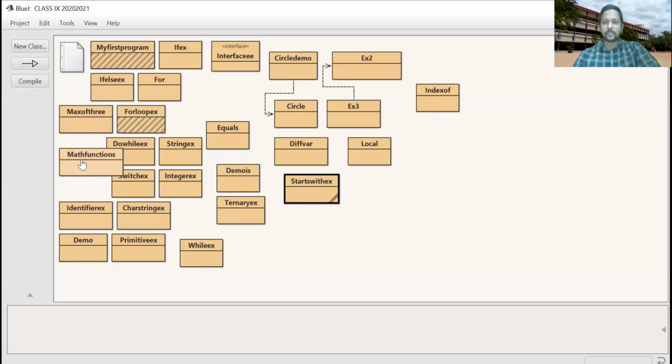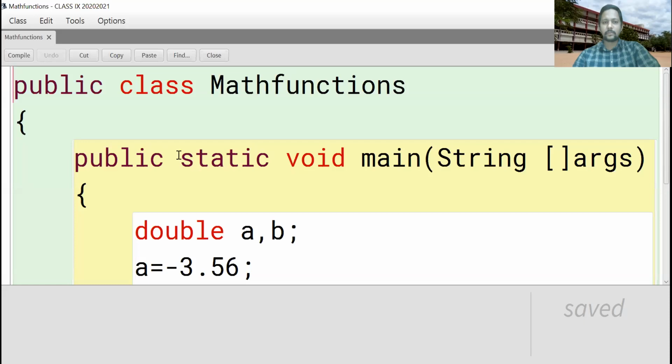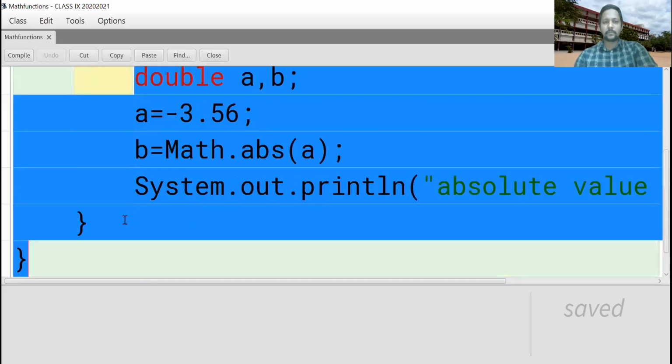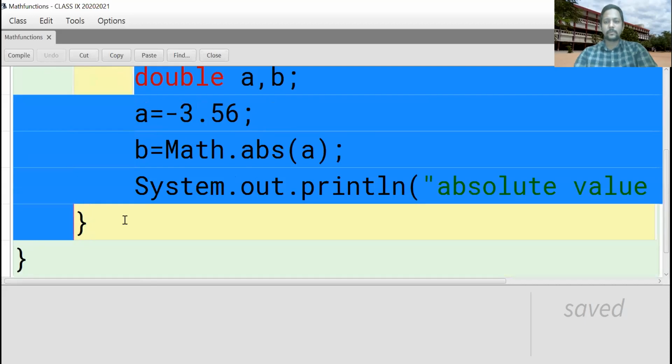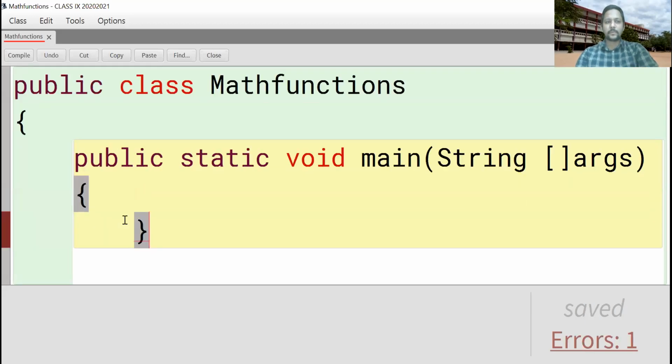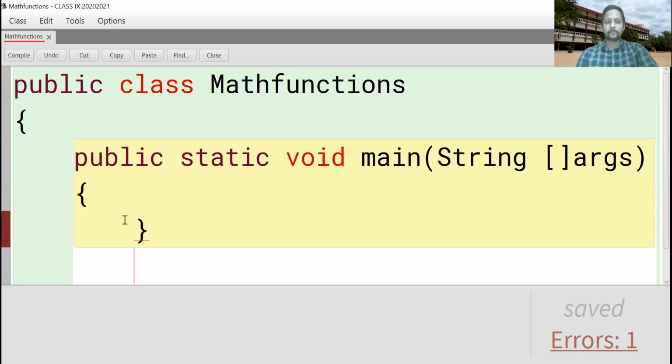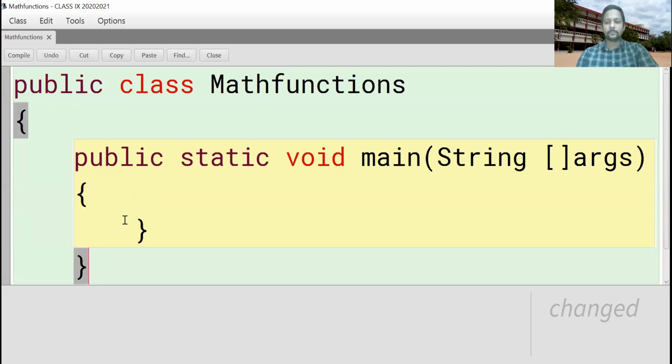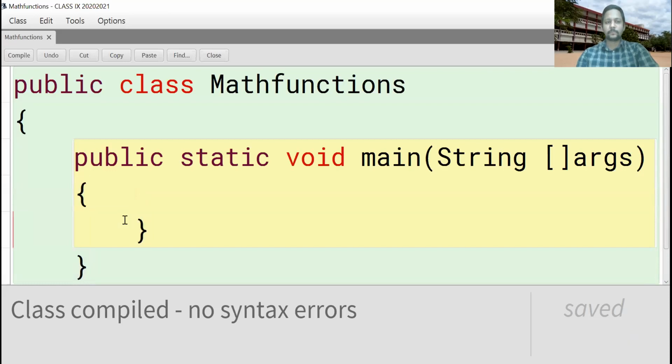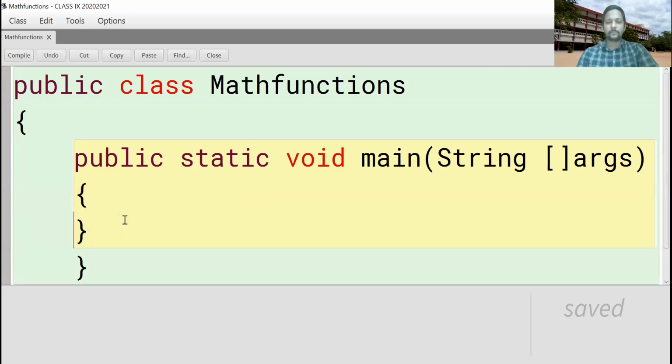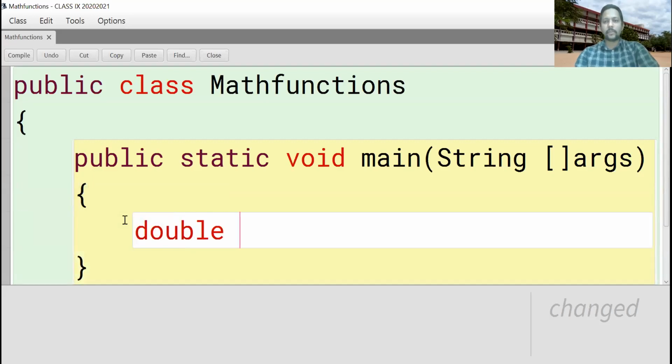I created a Mathematical Functions class. Here, take the value, positive or negative.